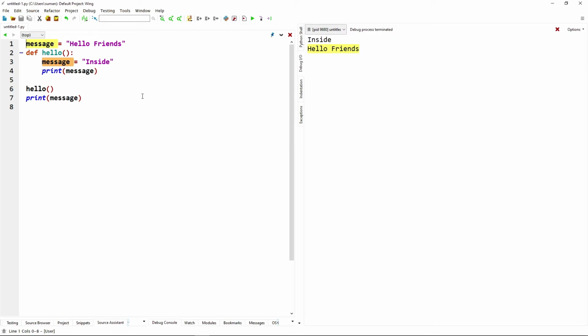The local one is printed first and we are getting the output as inside. Then the code goes to the next statement after the function call, that is print message, the global variable content. That one is hello friends, and we are getting the output as hello friends.